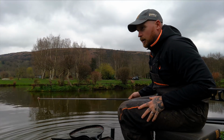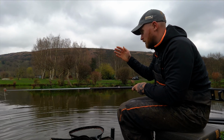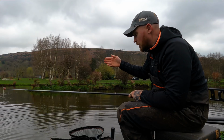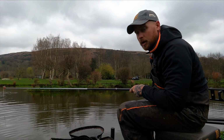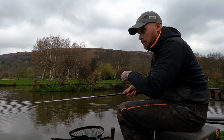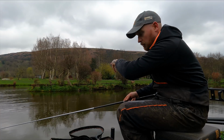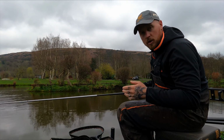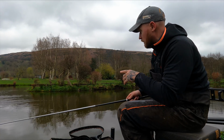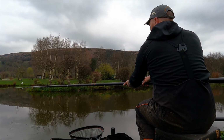So the next thing I'm thinking of now is I want to treat that line down there similar to this one, so I'll be able to read off this one when to feed that one. So what I'm going to do now, because I've had that fish, I'm going to pot a little bit of meat in there again, exactly like at the start. Pot a bit of meat in there, pot a bit of meat there, then drop back in on the shorter line. So let's get the lines fed, and then hopefully we can nick another 2 or 3 on the short line before we...